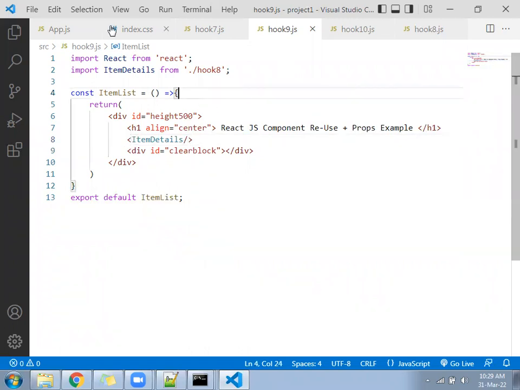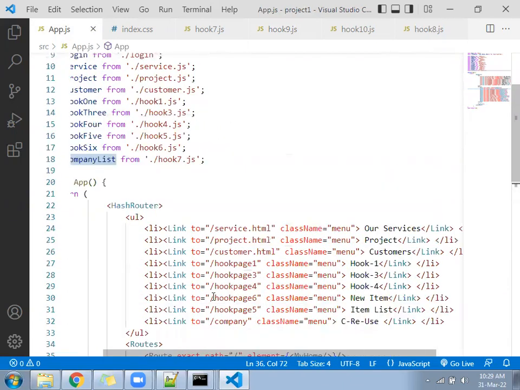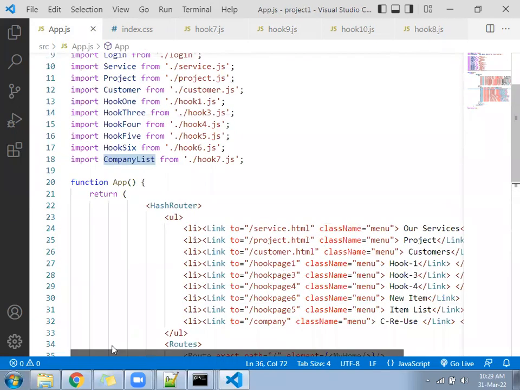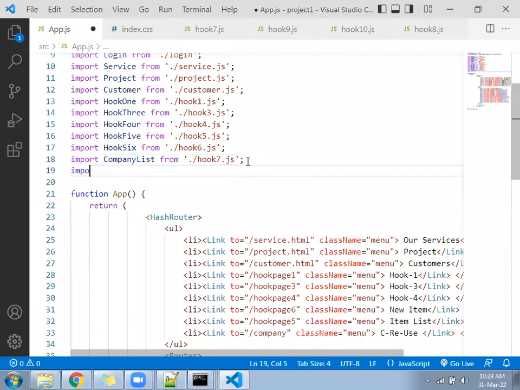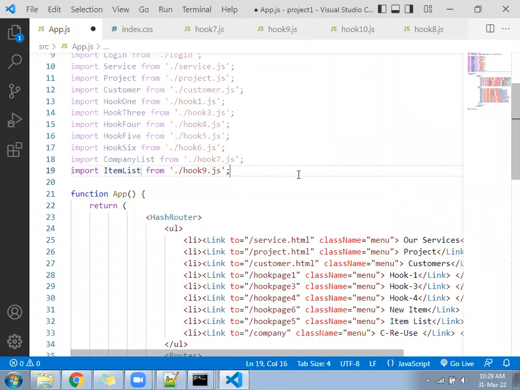So, item list. Come to your app file. Import item list from hook9.js.